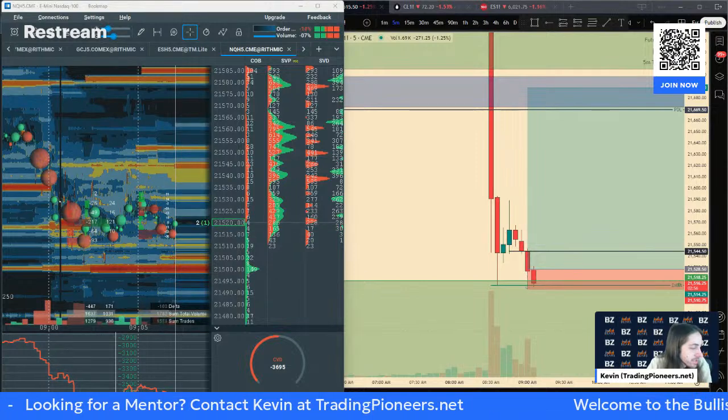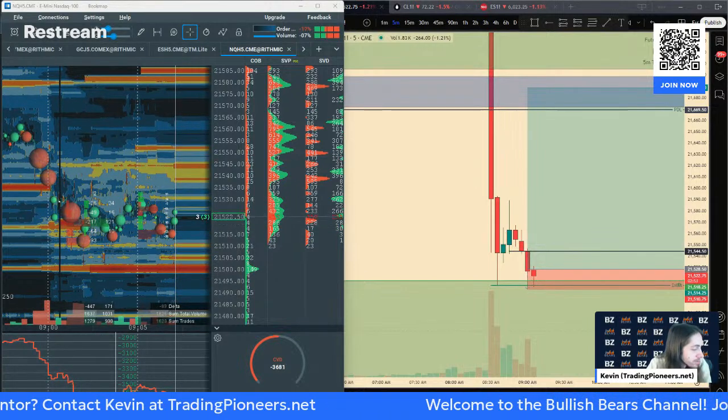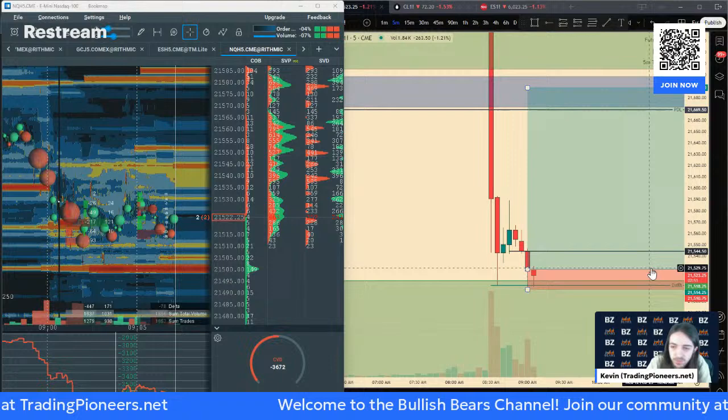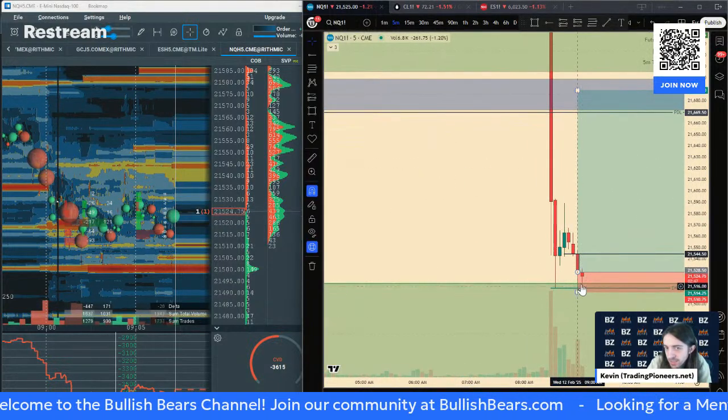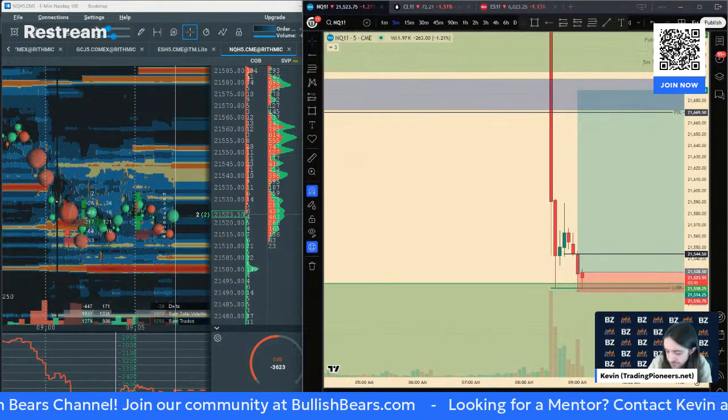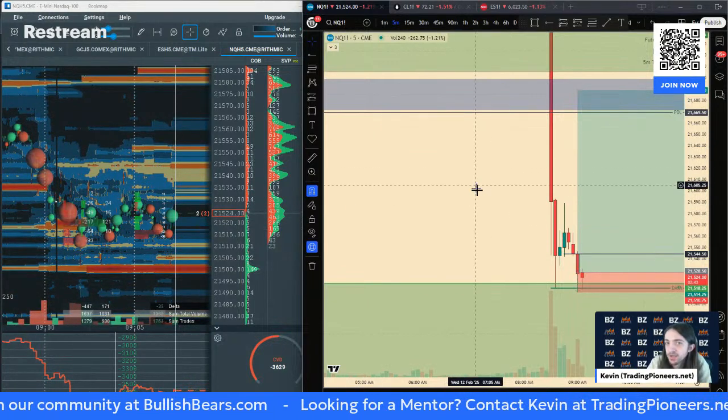So I'm going to manually stop out of this small loss, not even down 100 on the day. That's how small these are. And look at that. I might have just psyched myself out of this trade right there. Not going to do it again. We're going to stay patient.